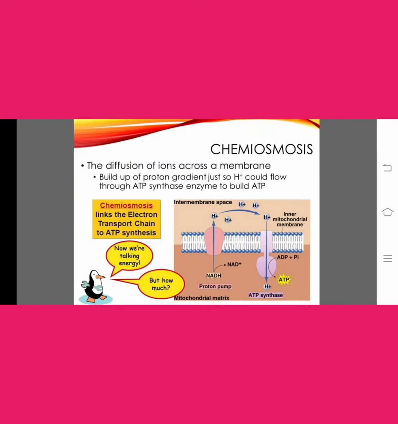In this diagram also, you can see the chemiosmosis along with the ATP synthase enzyme. The tail is directed towards the high proton concentrated region and the head is directed towards the low proton concentrated region. Due to this, they can easily synthesize the ATP molecule. Here the important point is that 3 protons' energy is sufficient to synthesize one ATP molecule. This is called chemiosmosis.